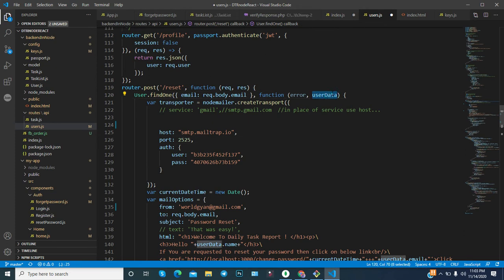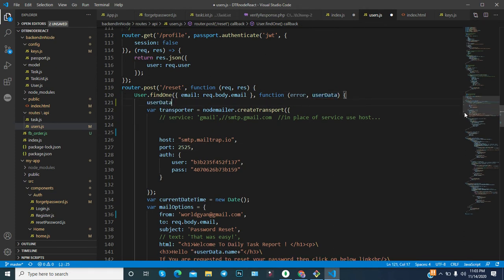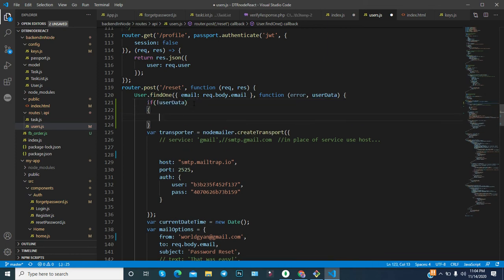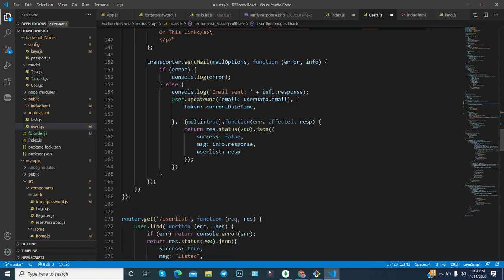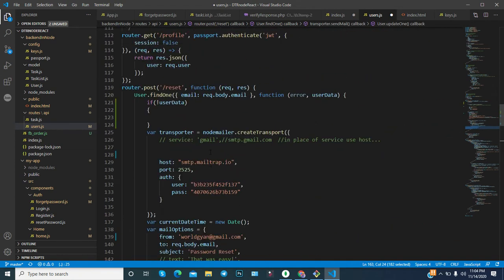Okay, so for user data, you can write a condition like this: if the user ID is not available, you can respond in this way, user not found.